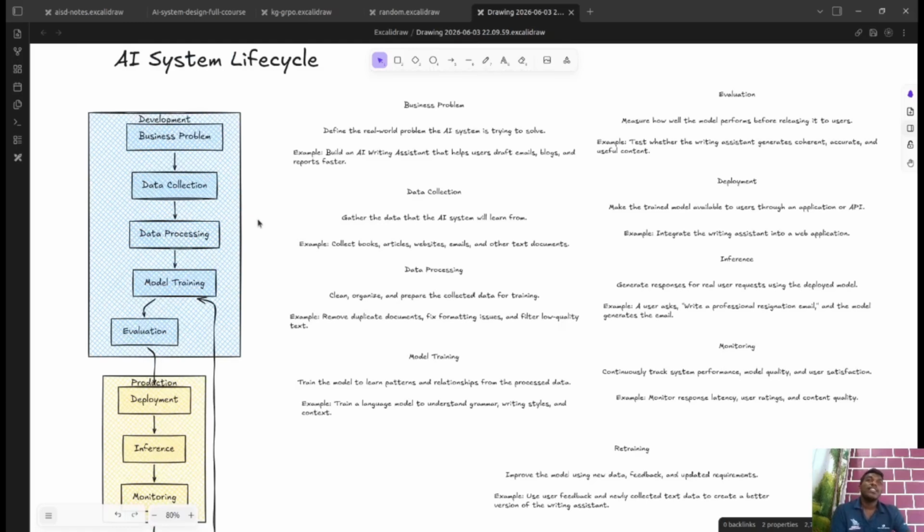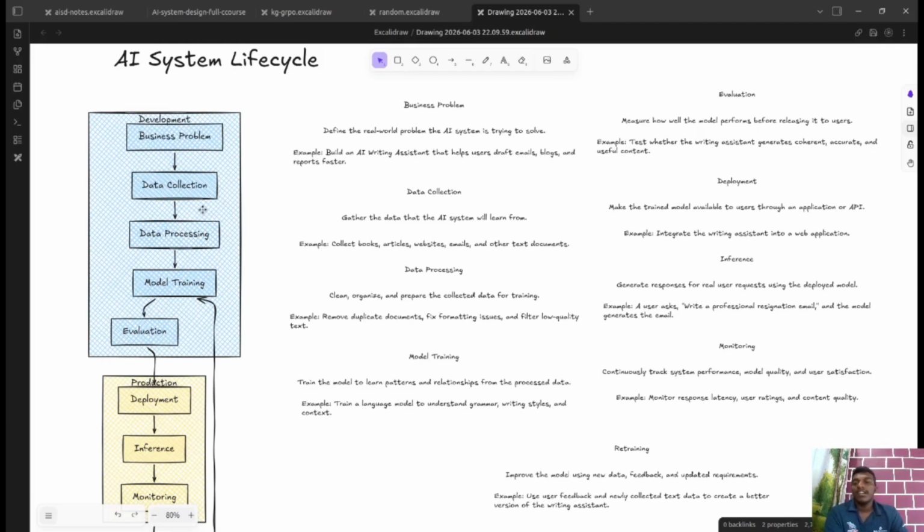But systems which are more LLM focused, the generative AI kind, tend to skip these two parts, where you don't have to train and you don't have to process the data. Data collection is also optional for that reason, but it can be included if you are going to consider having your own data as well.